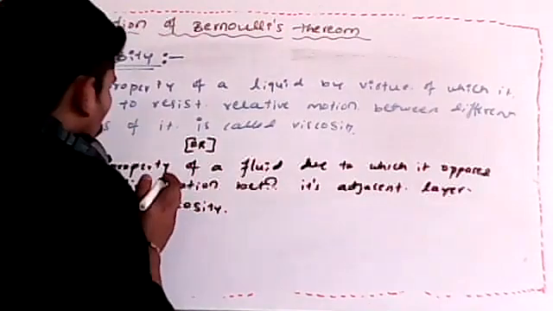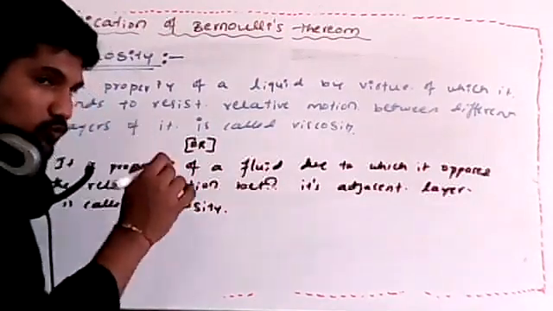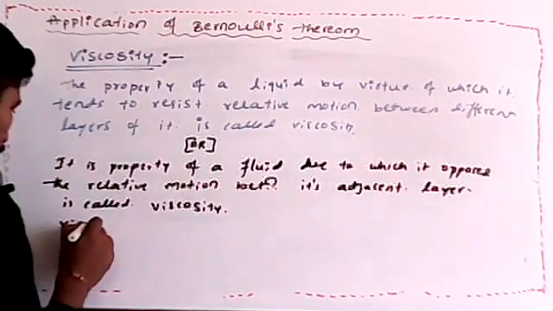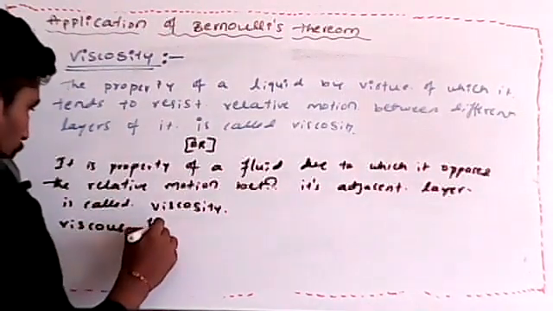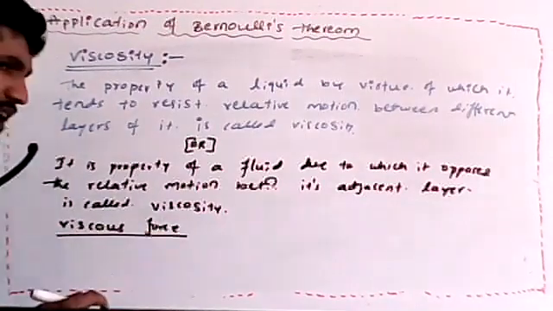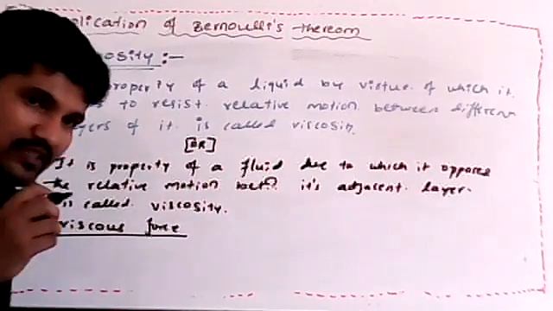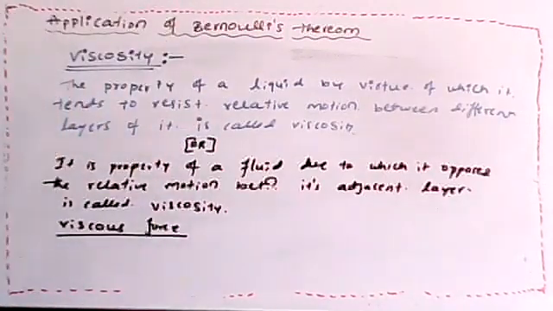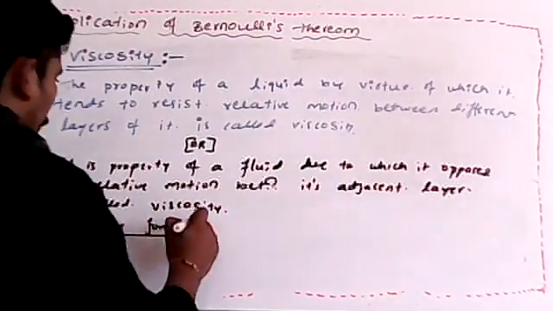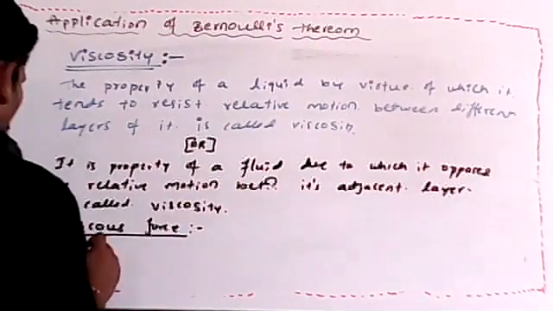Then one more thing is there, that is nothing but viscous force. What do you mean by viscous force? Let me explain here. These are tangential forces, remember students, which decrease the relative motion between the layers, or we can say which resist. Decreases means here which will resist. When opposition comes, there will be a decrement in the relative motion between the layers. That type of force is called viscous force.